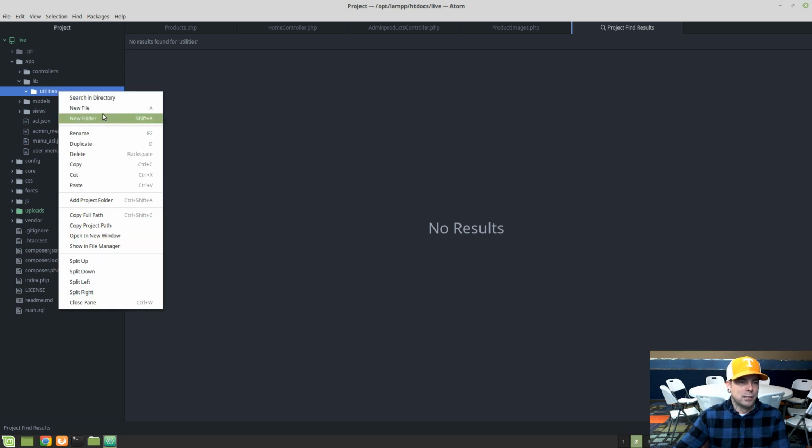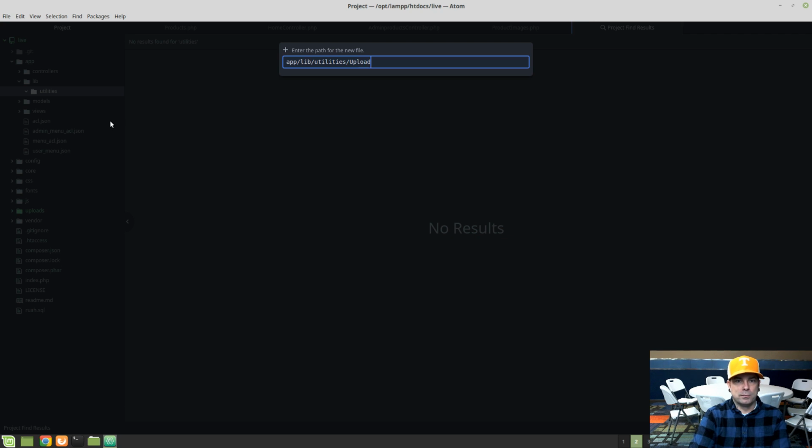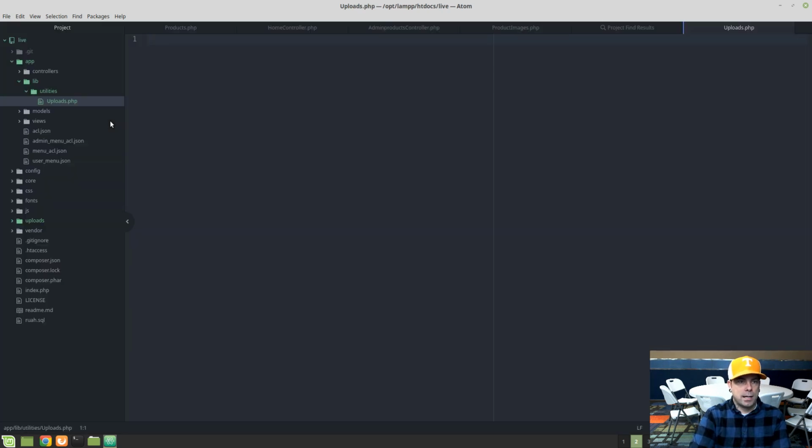So inside utilities, I'm going to create a new file, and let's call this uploads.php. And we need to go ahead and open up our PHP tags, and then we need to properly namespace this. JJ, I'm happy to see that you added PSR4 autoloading back in. So to give this a namespace, it actually lives in app, and then lib, utilities. I could have left that just in the lib folder until we need it. This is another example that I might be over-engineering by adding an extra directory here when I didn't need it. But then a little bit of planning also helps me not have to go back and change a bunch of code. But anyways, so we'll go ahead and